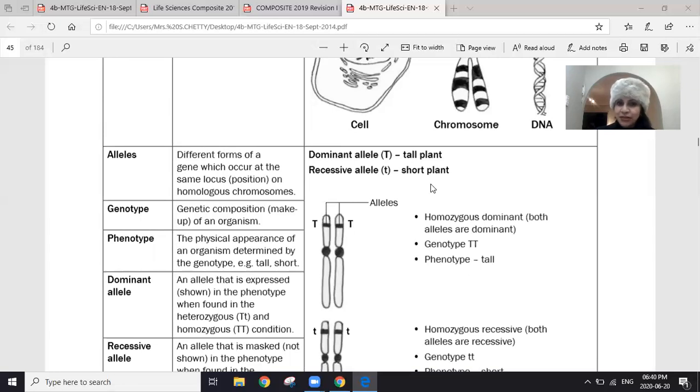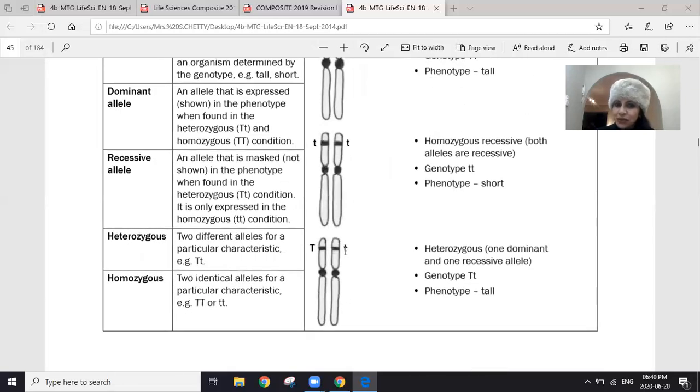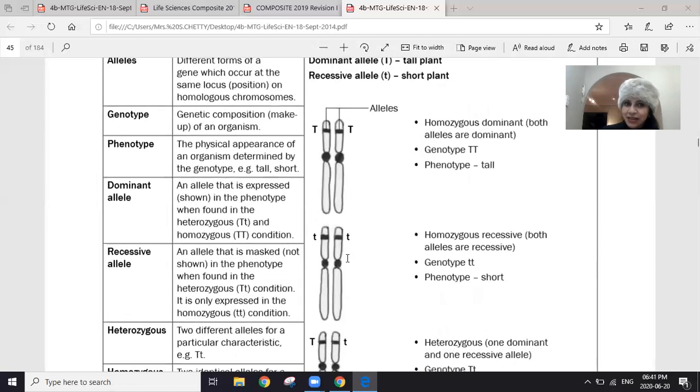What would happen if there's only one of those recessive alleles, and the other allele is a capital T or a dominant allele? The genotype would be capital T, small t, but how would this organism appear? Yes, tall. How come not short? Because, let's look at the